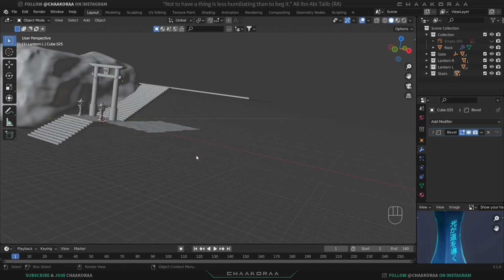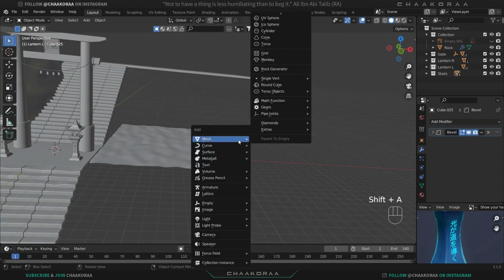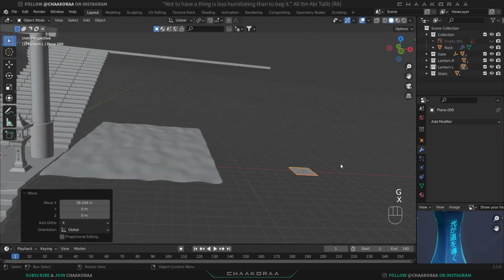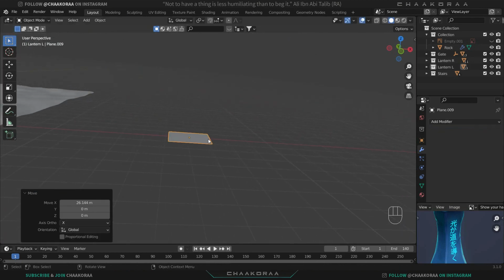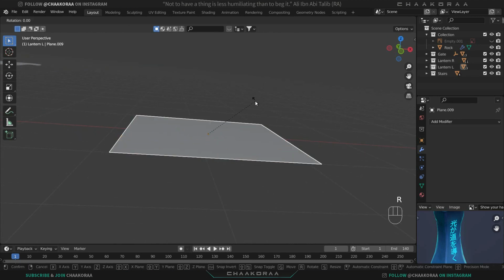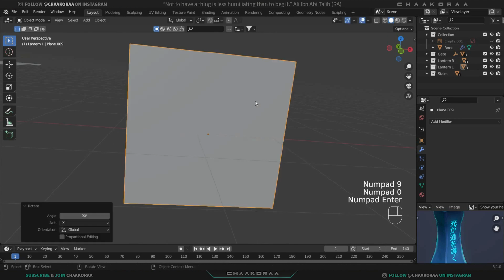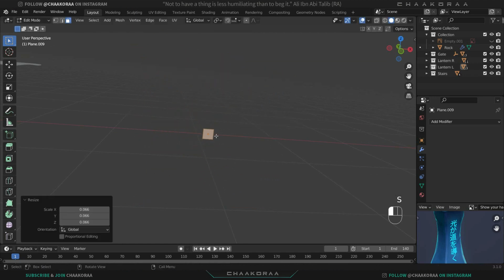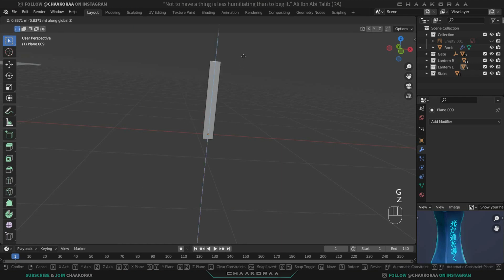And now let's create the grass. Hold Shift A and from the mesh part you can add a plane. Let's bring it all the way up to here and press the period key on the numpad to focus on that object to snap the view to that object. Let's rotate it on the X axis 90 degrees and press tab to go to edit mode, and let's scale it down to somewhere like this. Press 2 to go to edge selection mode, select this edge and bring it a little bit higher,